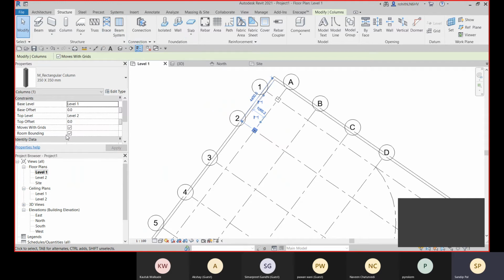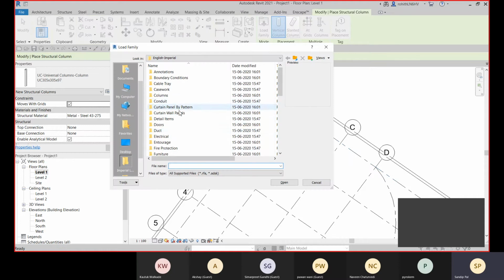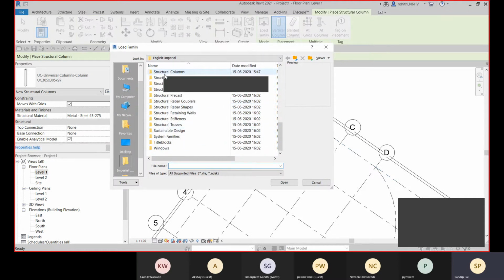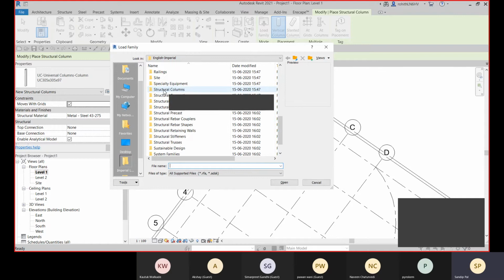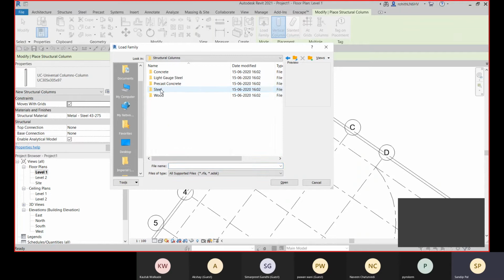Okay. So for that you need to add all these structural elements. So then you can add your structural rebar reinforcement. Here if I show you the library, you can go to the structural column. Here you have this structural column folder. Within the library you have the structural column folder, and you have the normal column folder. So this column is for architectural column, and these are the columns for your structural column. So if you are applying structural column, you have to choose it from this folder.